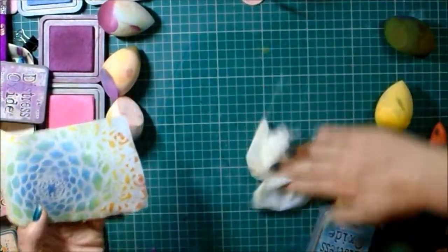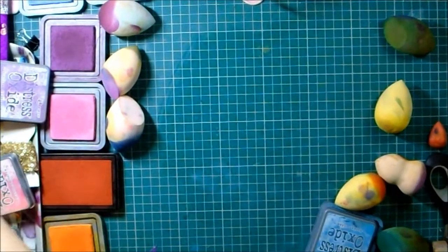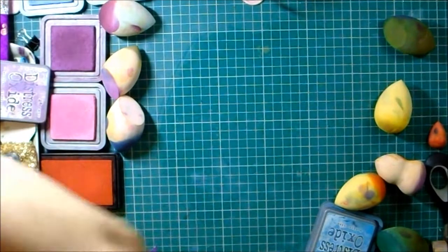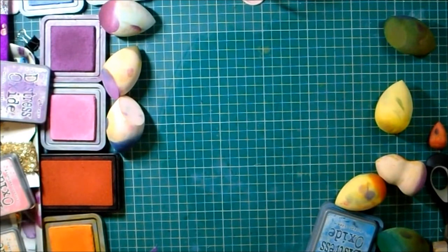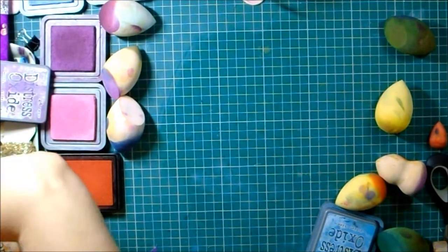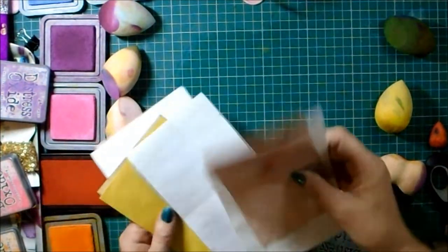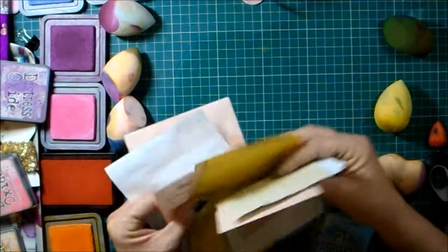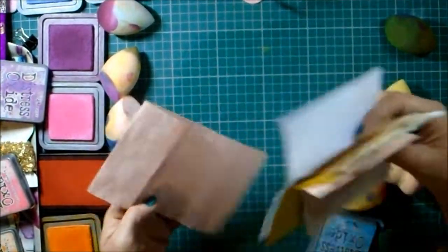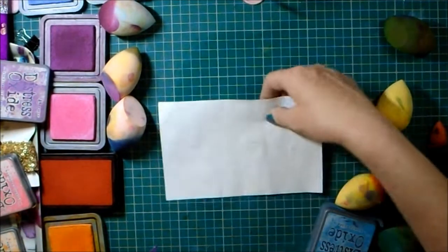Right. And yeah, like I said, we don't want to do stuff on every single page. So maybe one more, because like I said, I've only got 12 pages. So one more of something lovely. And let's go through. Because I do want to leave places to write and that for whoever it is who this ends up with. This one is very plain, so